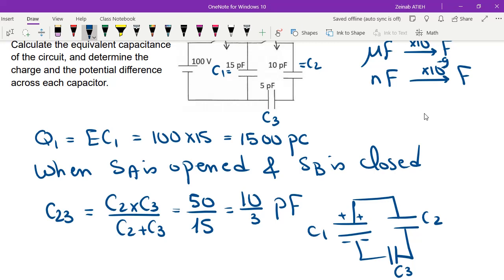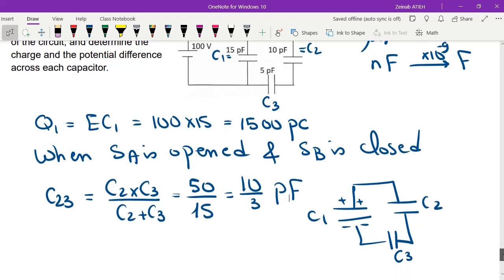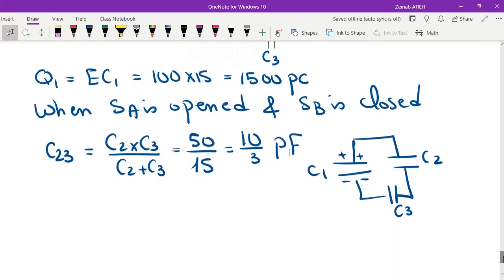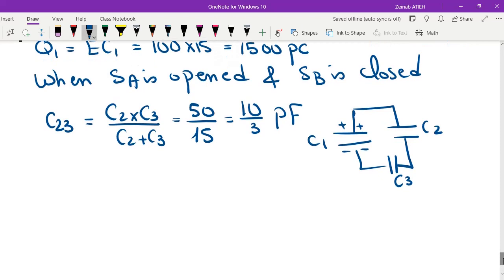I found the equivalent capacitance. Determine the charge and the potential difference across each capacitor. I want to find V1, V2 and V3. Let's do that. When I found the equivalent capacitance, I replaced C2 and C3 with C23,